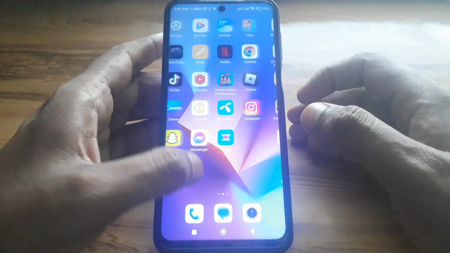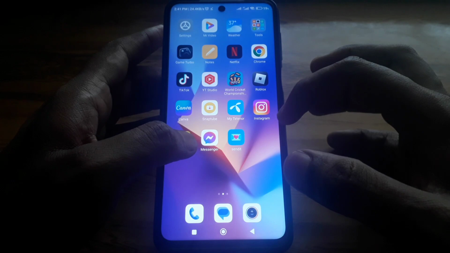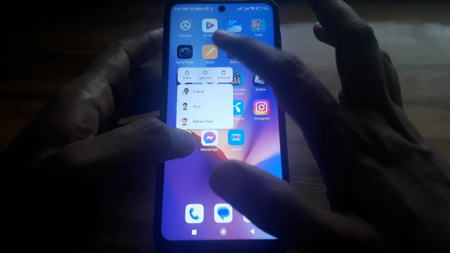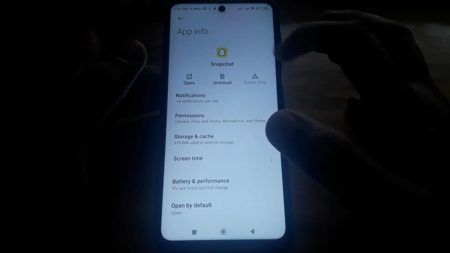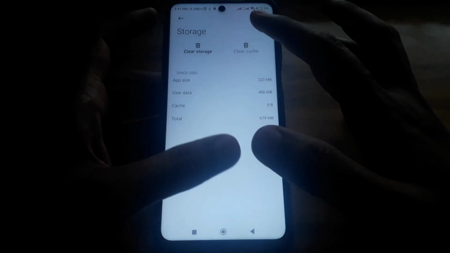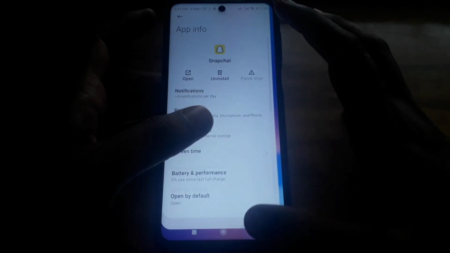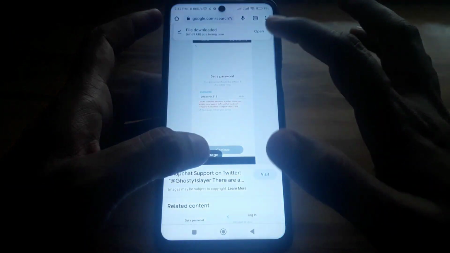And after that, how can you fix that error? First of all, you have to simply press and hold your Snapchat app, open the app settings, and here you have to clear the cache of your app. And after clearing the cache, next you have to simply open a browser,